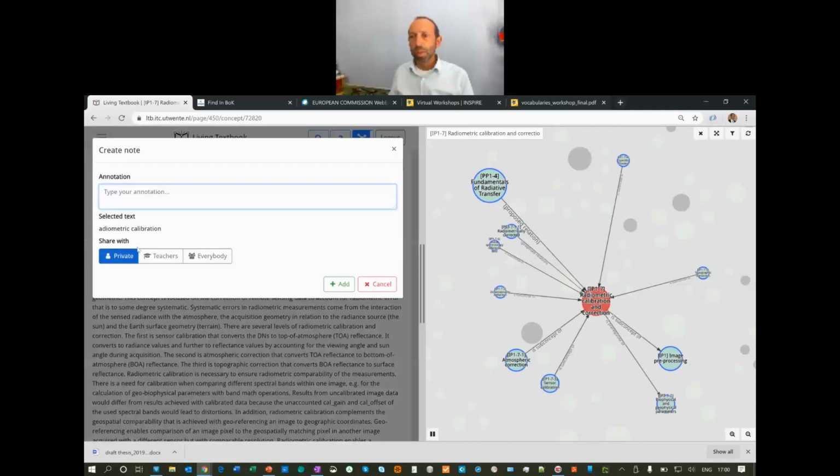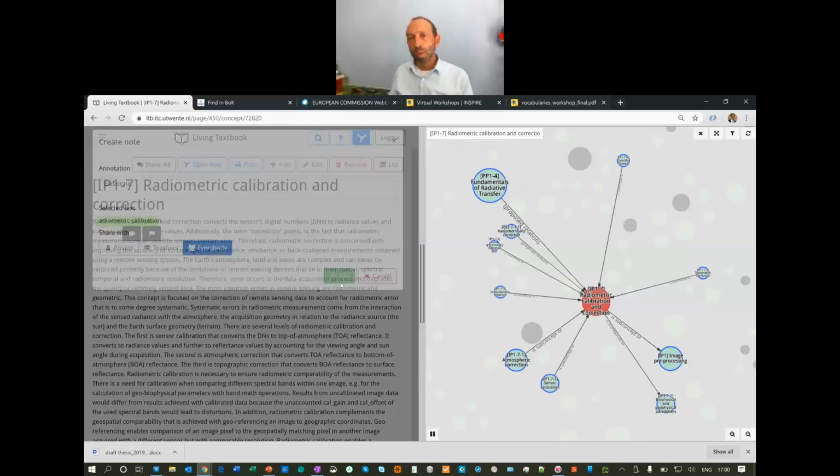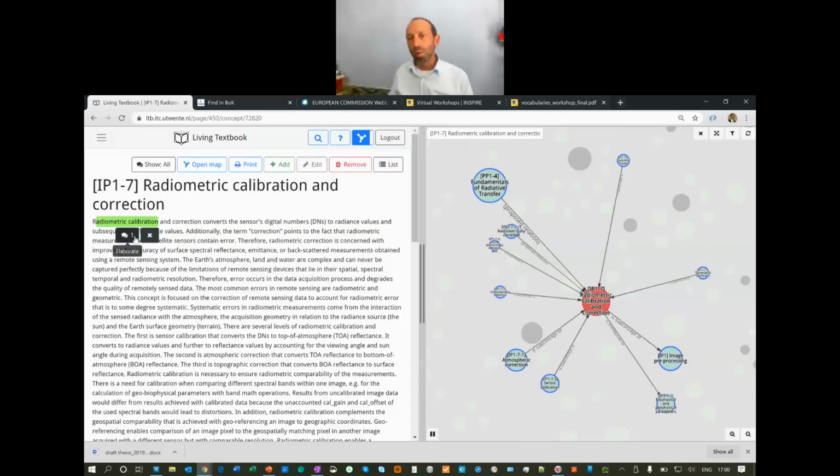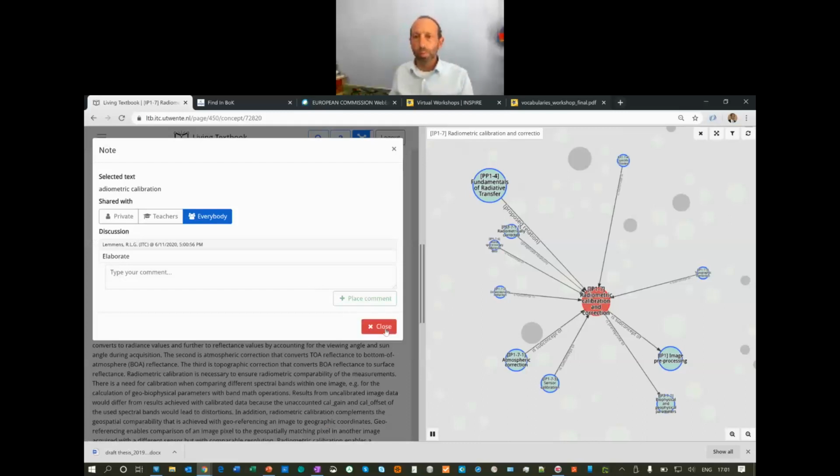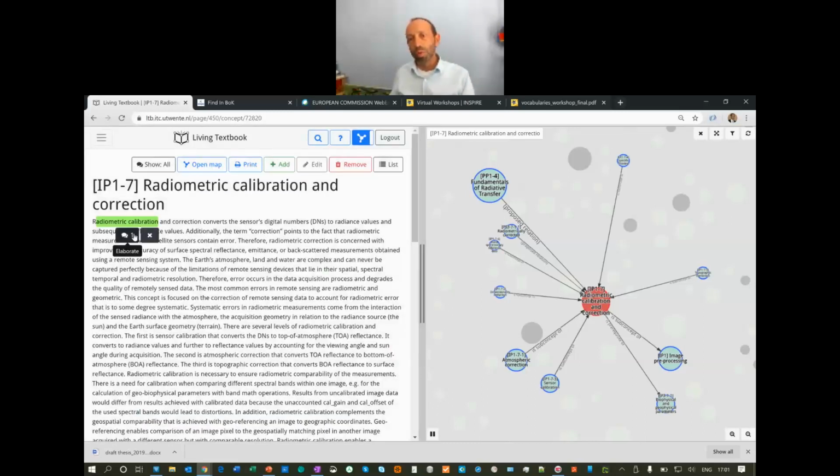So for instance, here you see the concept of ellipsoid, and you can then also deduct that this is a sub-concept of, for instance, reference surface. And there are other sub-concepts. So we indicate that here as "is a kind of", and in the body of knowledge in the EO4GEO project, we call that sub-concept. So mean sea level, sphere and geoid are also sub-concept of reference surface. So this is how you read this concept map. So from one concept following the arrow and reading the label to the other concept, pretty much as linked data